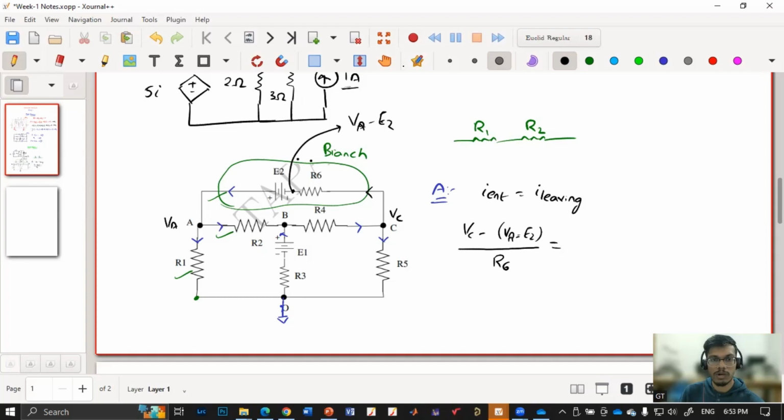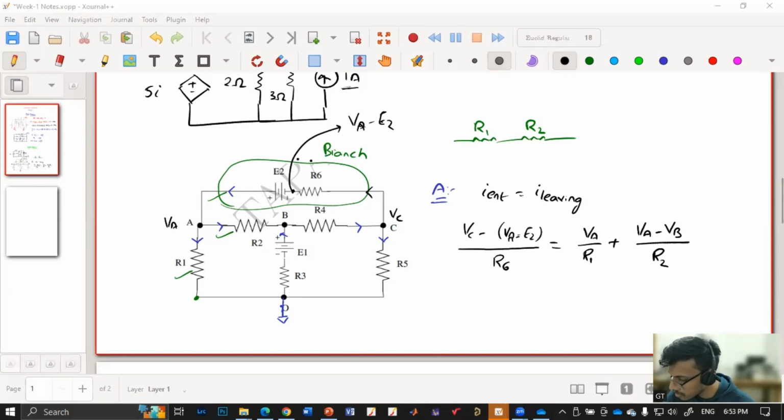In the R1 branch, what is the current? VA by R1. Yes, VA by R1. And in the R2 branch? VA minus VB. Why not VB minus VA? Because we are considering A as a point, considering VA as a higher potential. Yes. So first we have assumed the current direction, which will fix the voltages, like which is higher or